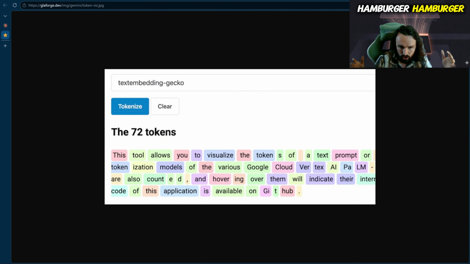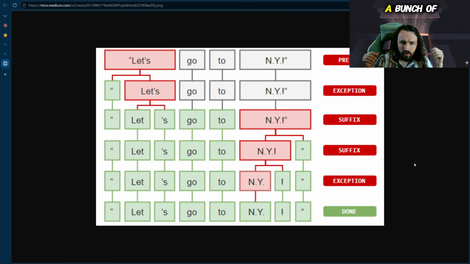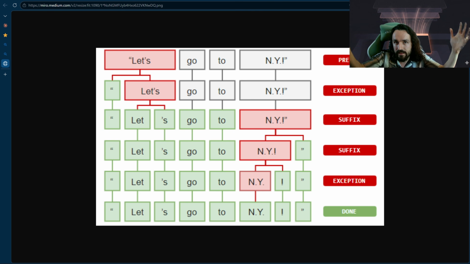Hamburger. The term comes from NLP research in the 90s. A bunch of researchers needed a unit smaller than a word because language doesn't all break the same way, right? So they borrowed token from linguistics, which borrowed it from Old English taken, which means a sign or a symbol. A token is just the smallest meaningful chunk of a sentence or a word.